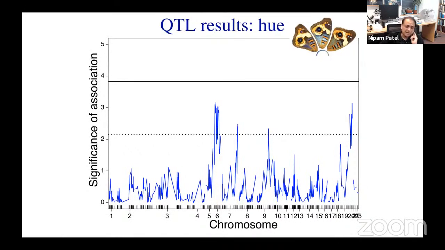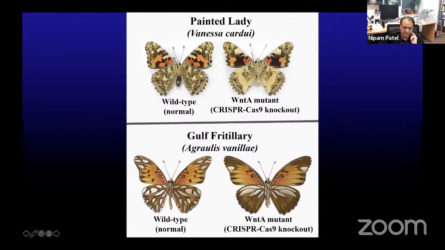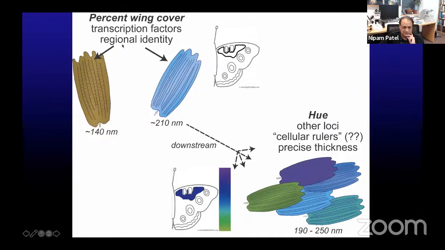And again, there's been a lot of progress now by the Lepidoptera community in having CRISPR work. So as soon as we get candidate genes, we can go in and do that. This is an unrelated gene, but it just shows you how well CRISPR works for looking at the function of genes and even being able to make mosaic clones. So if a gene is essential, you can still see patches of the wing that are mutant. So hopefully from this part of the talk, I've shown you that there seem to be 2 loci, and probably certainly one is a transcription factor, the other may well be as well, that make a big switch in the thickness of the lamina.